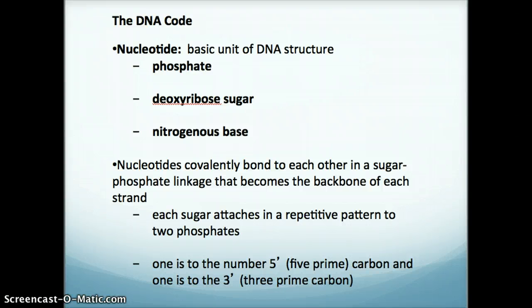Nucleotides are covalently bonded to each other, and it's the sugar phosphate linkage that becomes the backbone of these strands of DNA. Each sugar will attach in a repetitive pattern to two phosphates. One attaches at the 5' carbon, and one at the 3' carbon. And what you'll get is two strands, they'll have the 5' and 3' opposite each other to make a